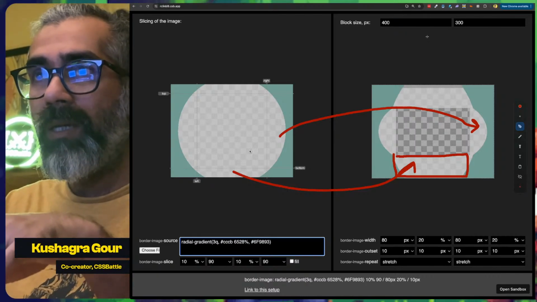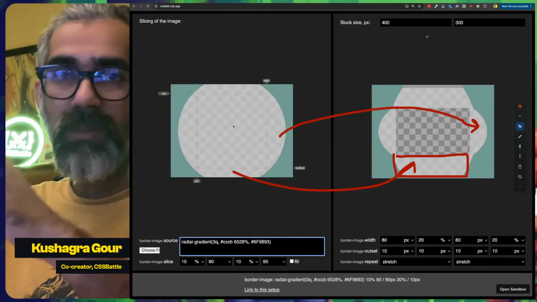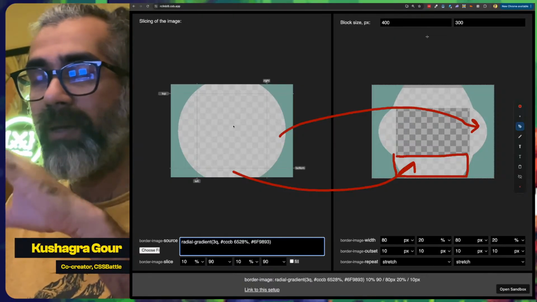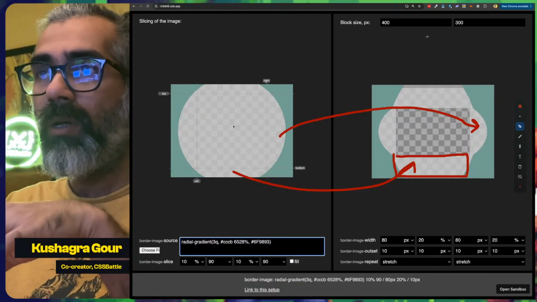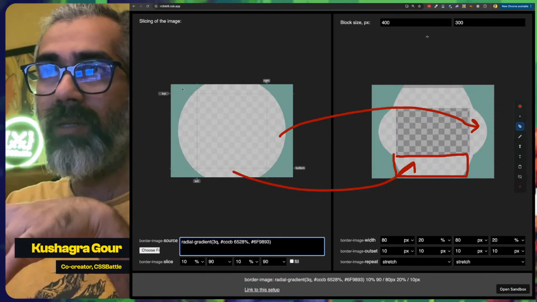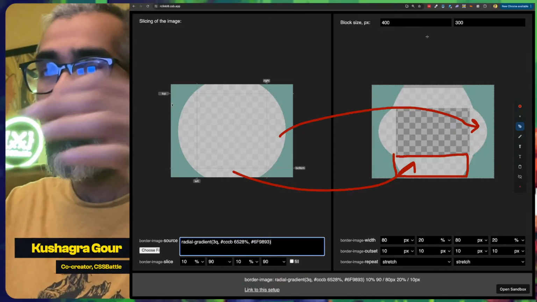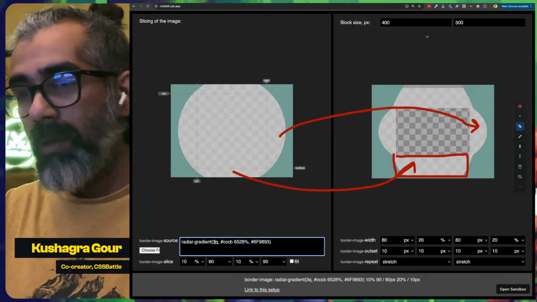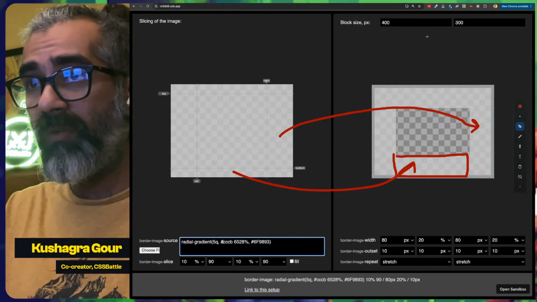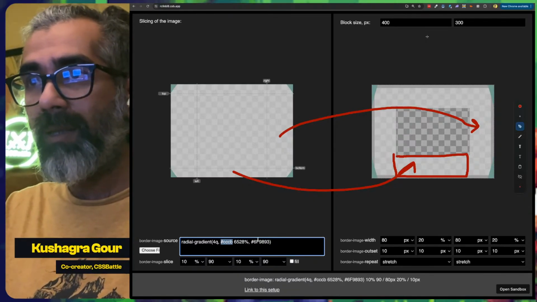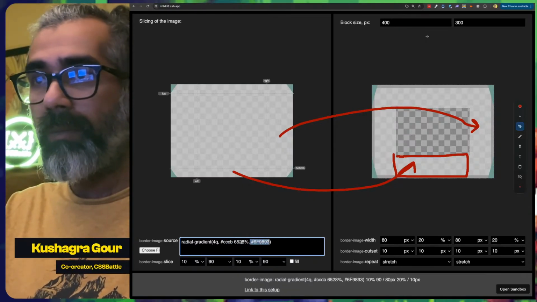Here we don't have any color in the circle, but instead outside it. You could have a solid color in the center and then transparent outside, and that would create a circle for you. But here we are creating a circle of this particular transparent gray,